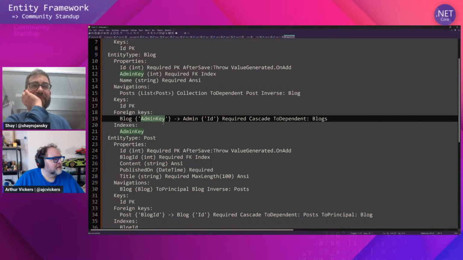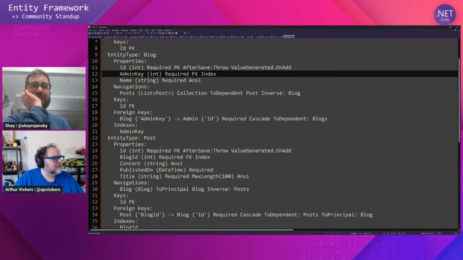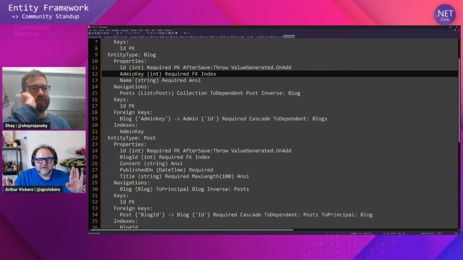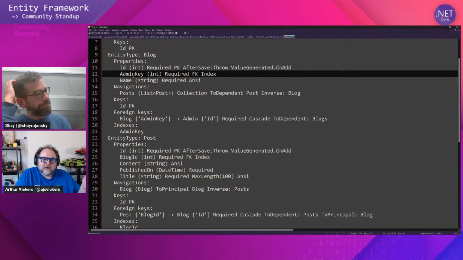because we configured that explicitly. And indeed, the admin key property is marked as FK. The admin ID property is gone. We removed it. So what happened here, and this is the complex part, that I've fixed some bugs in, but it can be pretty difficult. What happened here was we added the admin ID property because we needed to have a shadow property for that relationship. We didn't discover one. Once we knew admin key was the property to use for the foreign key, admin ID was superfluous. We don't want that in the model anymore. We created that by convention, and so we removed it